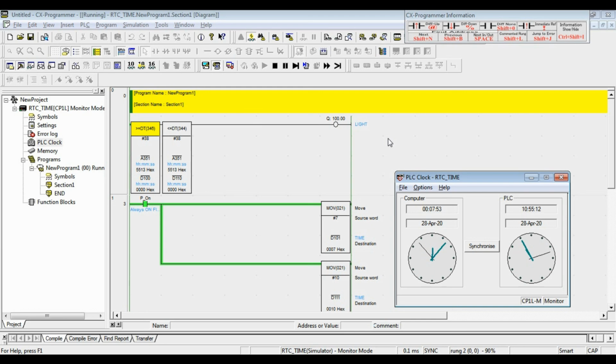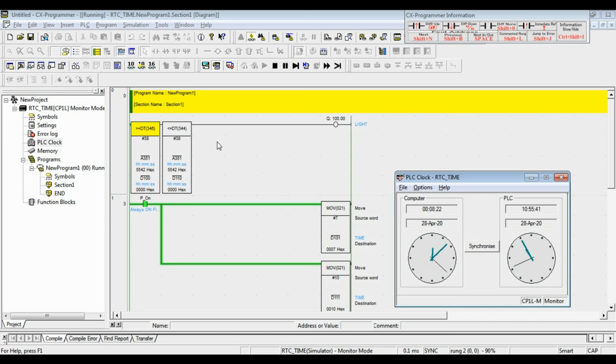Okay, the visitors, the light will be on at 7 or after 7. You can see on the first instruction, greater than equal.